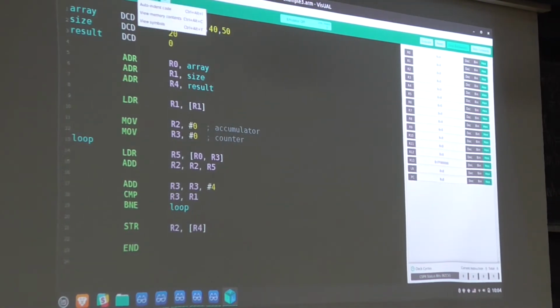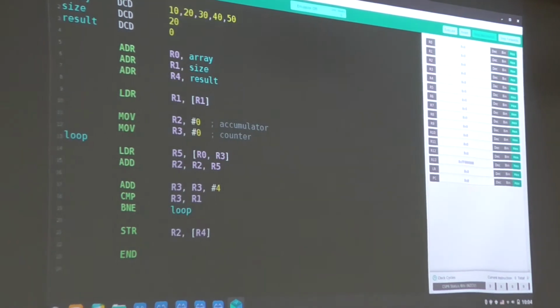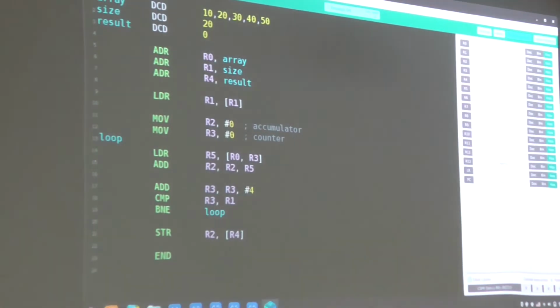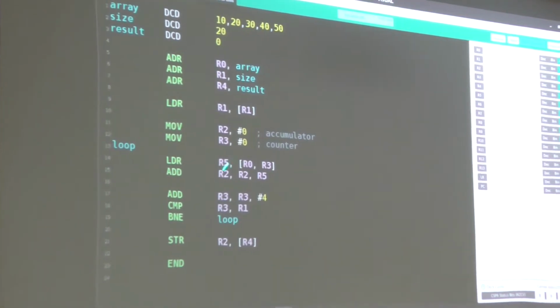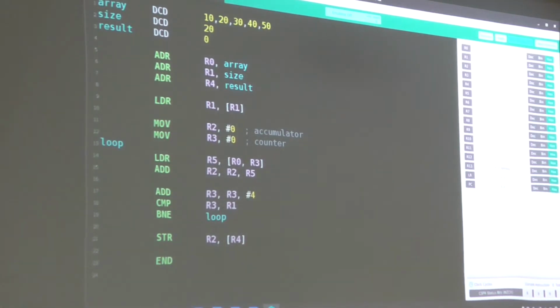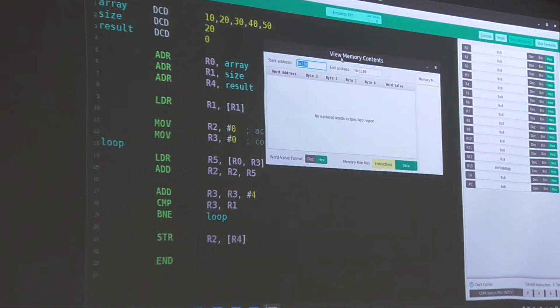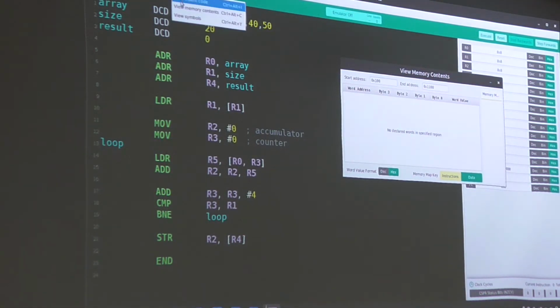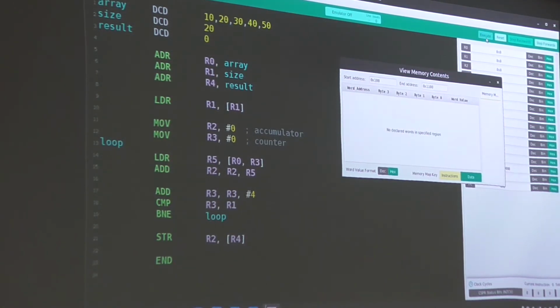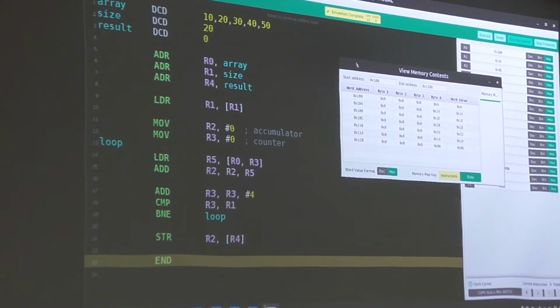So, in Visual, when you are operating with the exterior memory unit, it's very useful to be able to see what's going on in there. So you can view memory contents by going Tool, View Memory Contents. You have to actually execute it first, but you'll notice